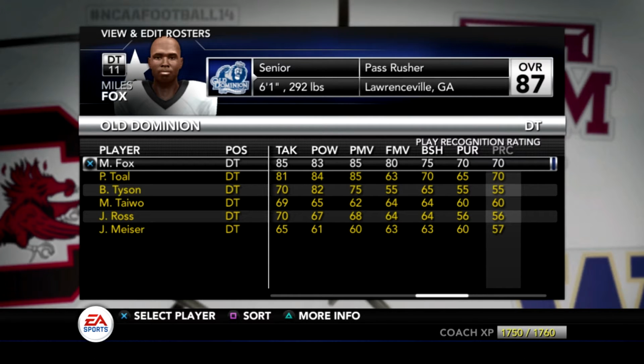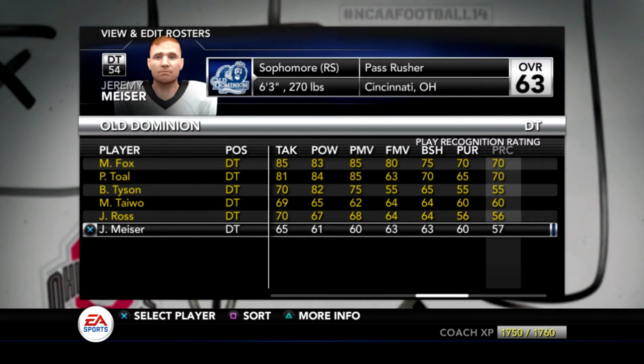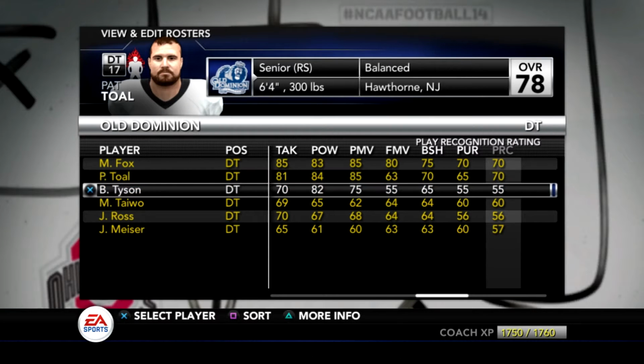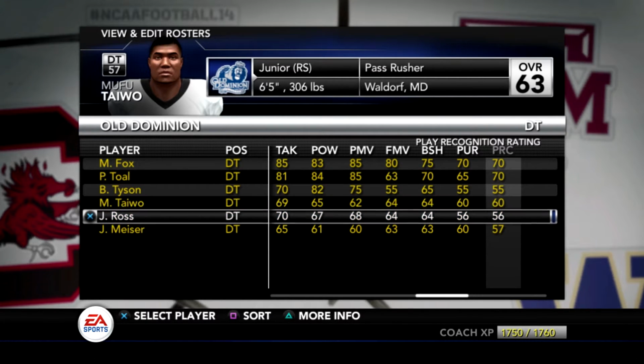Actually, no, we carry all 6, because unfortunately, our best player, Miles Fox, that we have on at defensive tackle, he is a senior, but everyone else has been redshirted at least 1 season. So we could have saved Miles for 1 season. He would have become even better. And then we would have seniors like Pat Toll, Brandon Tyson, and the redshirt juniors, Mufu Taiwao, and I